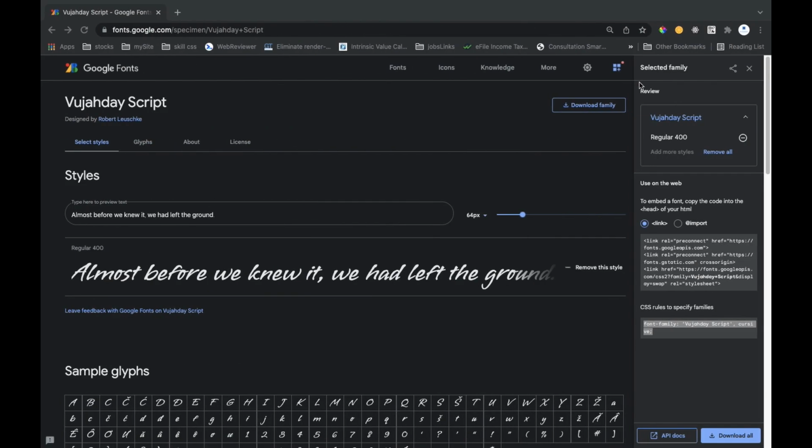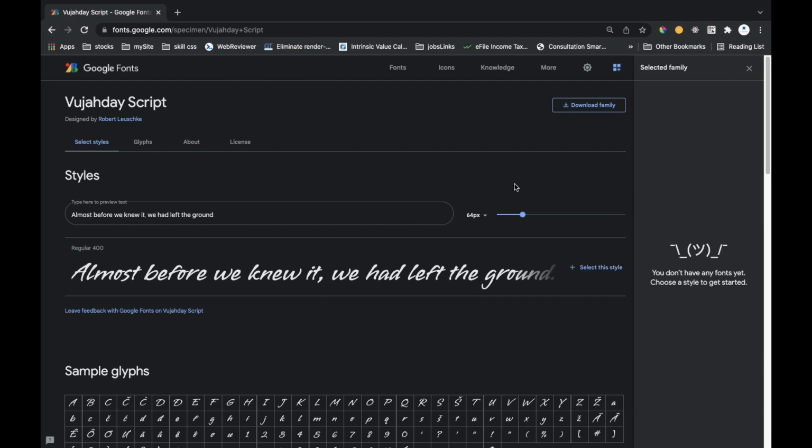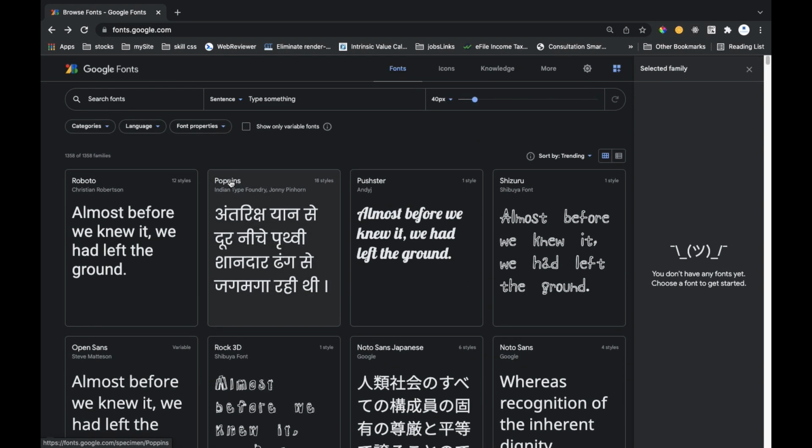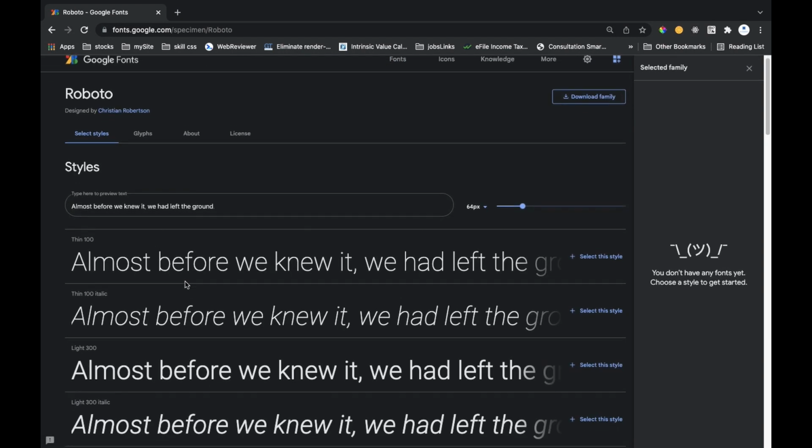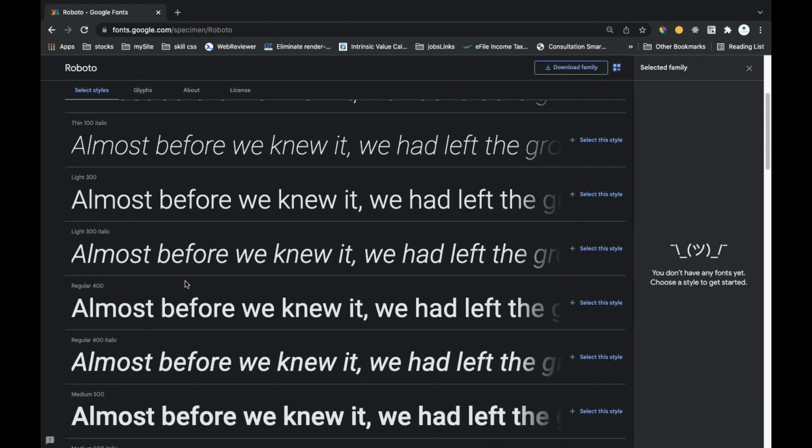And if you are confused about how to use more styles, like if you want to use one more style in your website, then simply go and select another font. Like here there are many options.